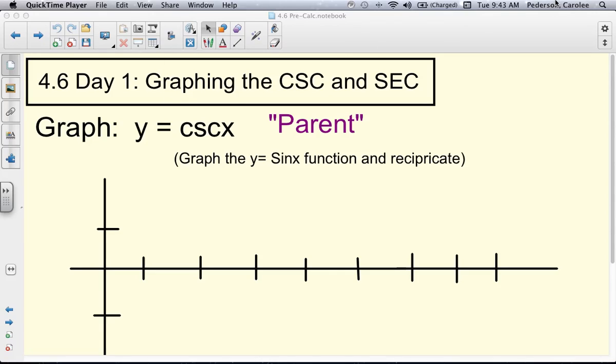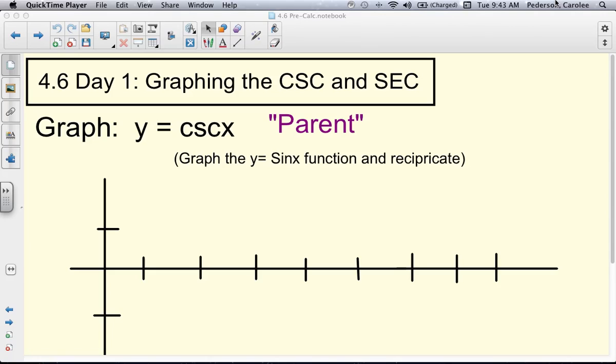This is 4.6, day 1, part 1. We are going to graph the cosecant and secant functions in this lesson. Remember, the cosecant and the secant are the inverse functions for sine and cosine. So if you're able to graph sine and cosine functions over the last couple days, then this assignment should be rather easy for you. So we're going to start off with graphing the cosecant function, and we're going to graph